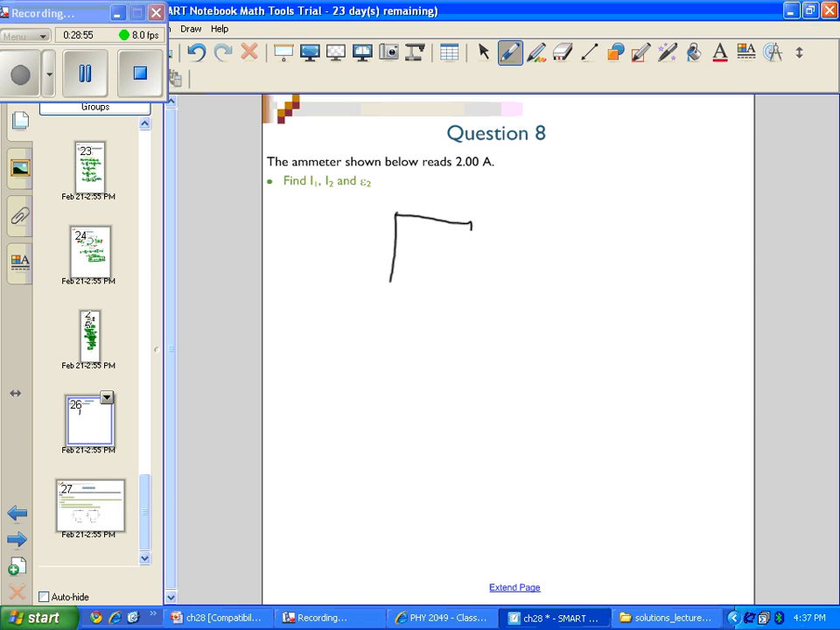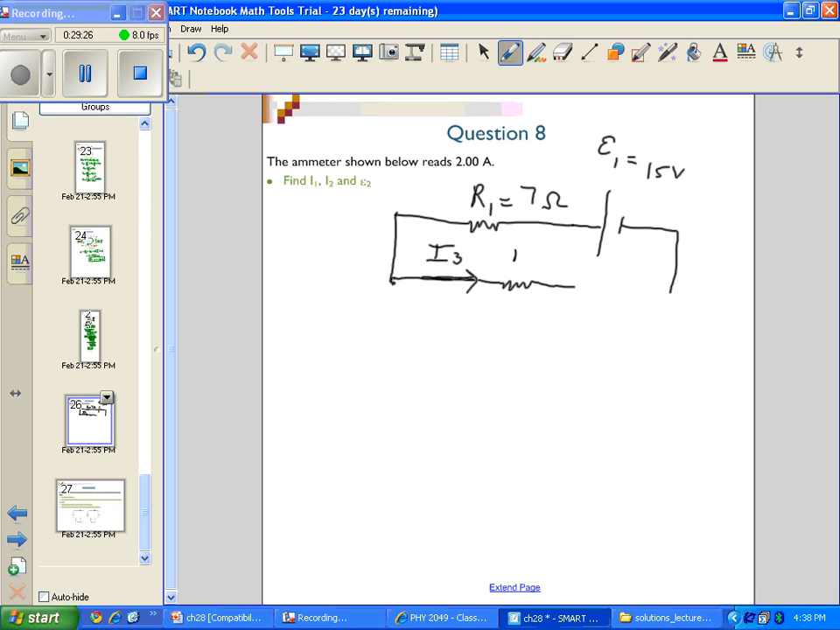We have an R1 located here, which is 7 ohms. We have an E1 with a positive terminal and a negative terminal here, where E1 is equal to 15 volts. We next have a current which is shown to us as I3 passing through R3, which is equal to 5 ohms. And then in series with that branch is an ammeter,